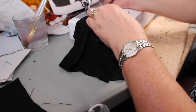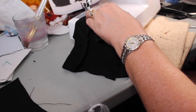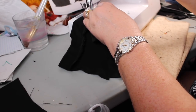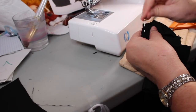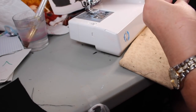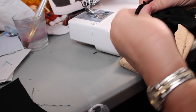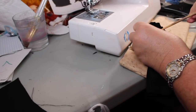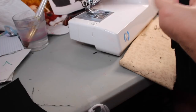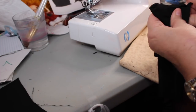All right. So now I've got that pinned all together, and we're going to sew that down. And we're going to hope this all works out great. First time I've ever done this, especially well, I've actually done this, I guess, on a human size garment, but now we've got our little stand-up collar, and I'm going to iron that in a minute. But for right now, I want to get the sleeves turned, get everything folded out, and then we can actually